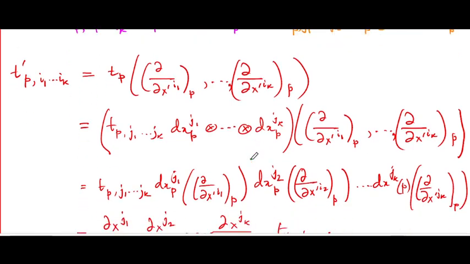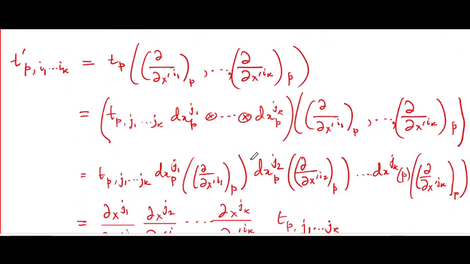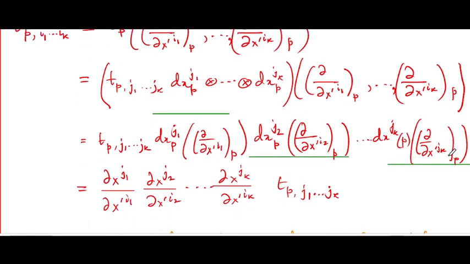Now, from what we know about a tensor product, all we can figure out is that this is going to be exactly the same as T_p J1 ... Jk, then dx^{J1}_p acting on del/del x prime I1, dx^{J2}_p acting on del/del x prime I2, and so on. All of these are just numbers. This one is a number, this one is a number, and so on. And you multiply all these numbers together. Now the values of these numbers